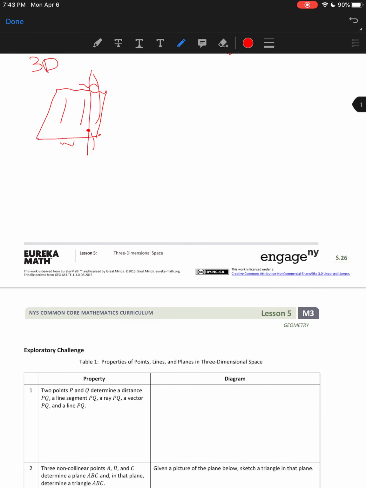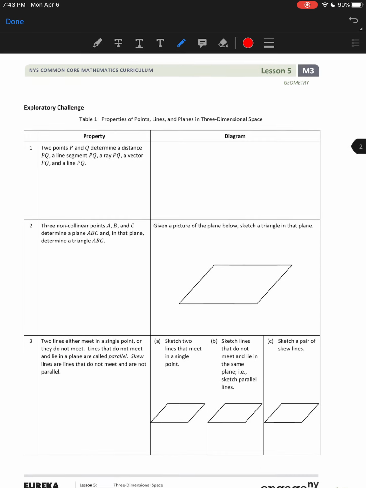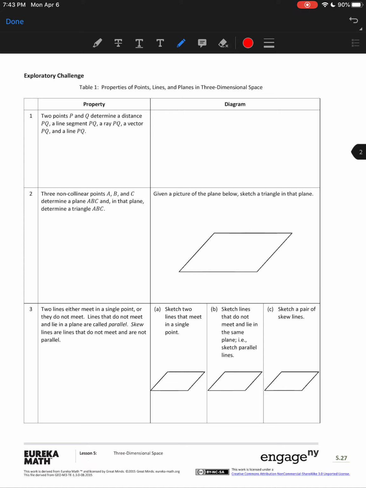So let's look at some examples here and draw them out, and hopefully this concept will become clearer. So let's look at number 1 here. It wants us to draw: 2 points P and Q determine a distance PQ, a line segment PQ, a ray PQ, a vector PQ, and a line PQ. So basically, if you were to draw something kind of like this,